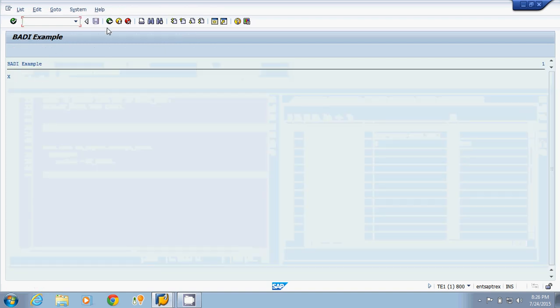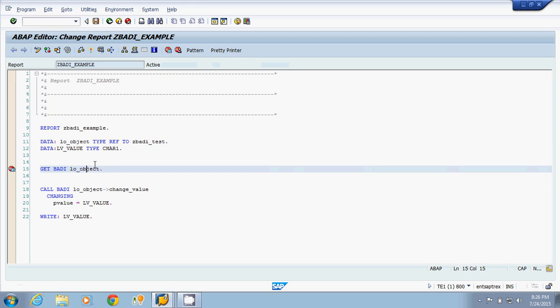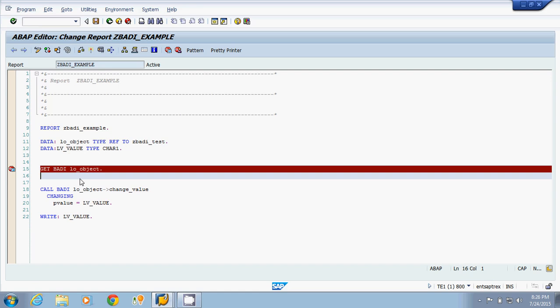Now see, our variable has a blank value. Now if I am calling the BAdI, the variable has the value equal to X. So in this current program, we have created the BAdI definition and the BAdI implementation, both things. Now if we have implementation projects, in that case we already have the BAdI definition.